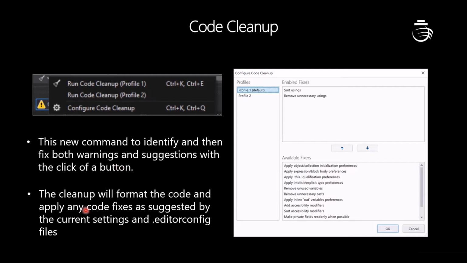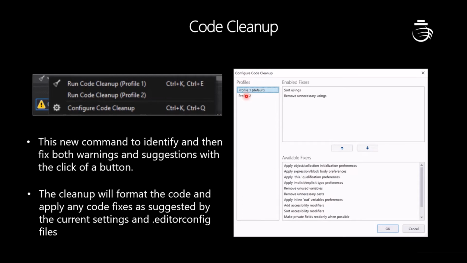This works like code cleanup format, applying code fixes based on your current C# settings or your .editorconfig files. It fixes in the same way. As you can see in this window, this pop-up is the code cleanup window. Here you can see profile 1, profile 2. We can configure two profiles.